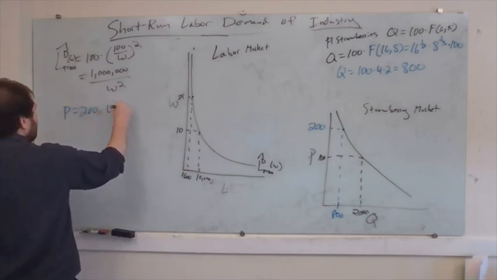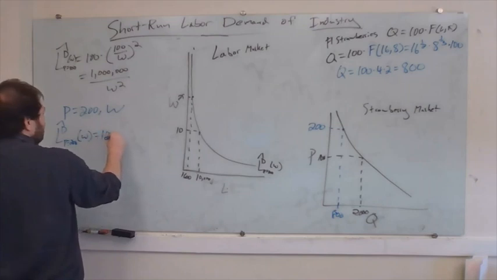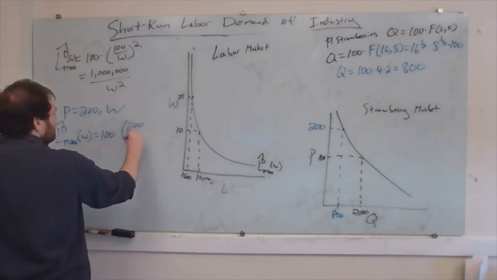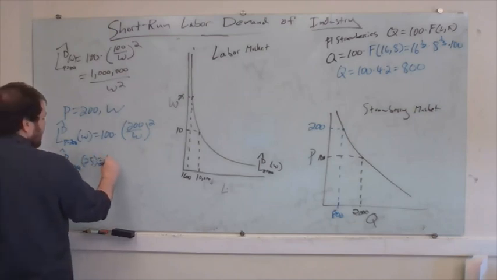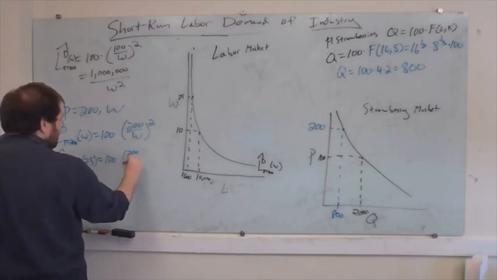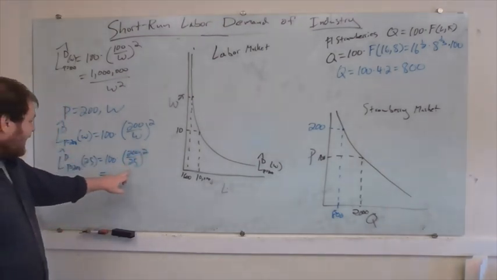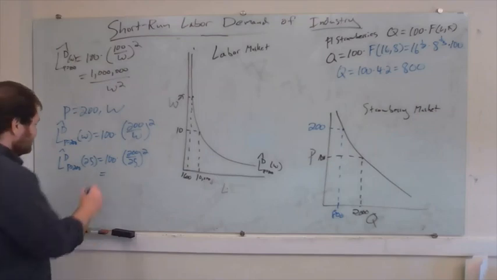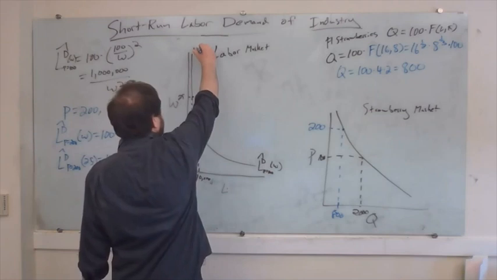Right? And our labor demand curve for a price equal to 200 and a wage is now going to be 100 times 200 over W squared. So for a wage of 25, this is going to be 100 times 200 over 25 squared, which is going to be, right, 200 over 25 is 8, so this is going to be 100 times 64 is 6,400. In other words, because of this increase in price,